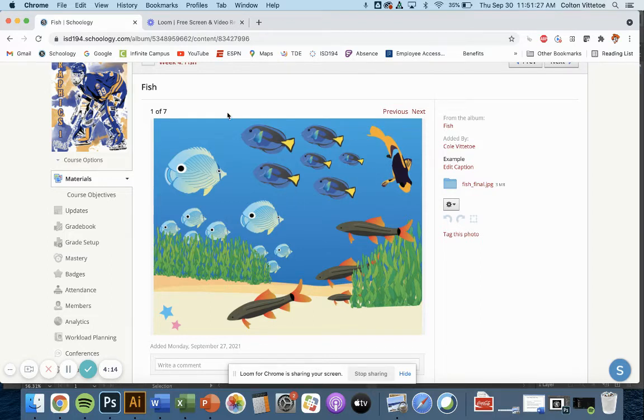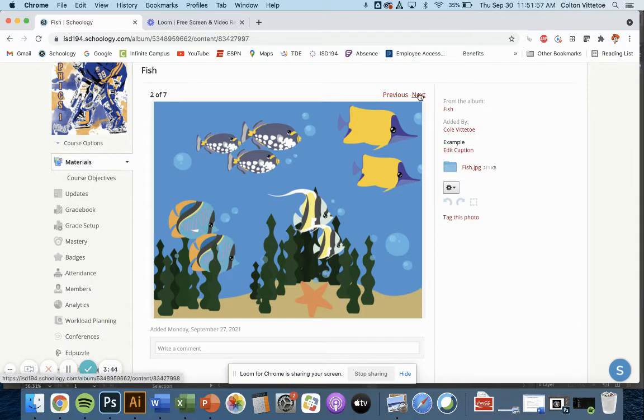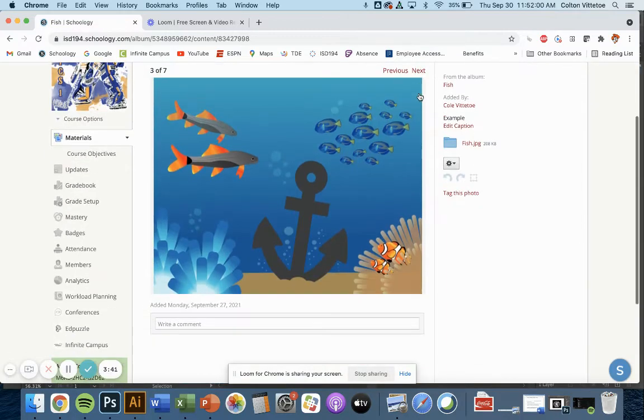But you want to create an overall aquatic scene in which you have overlapping of objects. So over here we have fish that are behind the seaweed. We have fish that are both behind and in front, so that you have those different layers of depth and size variations. Things that are smaller are going to appear farther away. Things that are larger appear bigger. And like I said, I have quite a few examples of what this looks like. In the end, you're going to fill up the entire space with whatever it is you're going to be drawing